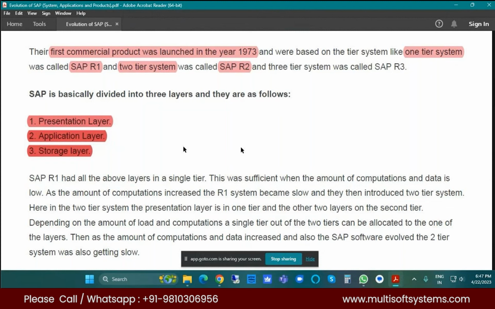No. Why? Because your system is a presentation system. You can only watch what I'm sharing. My system is the application and storage system. In my storage, in my database, that is in my hard disk, I'm having some data. On top of that hard disk, the application layer is my Windows operating system. That Windows operating system is approaching Skype, or Google Meet, or Zoom or GoToMeeting, any one